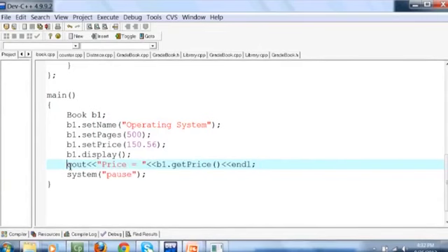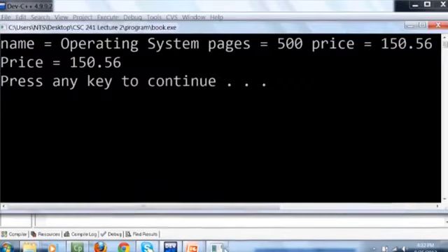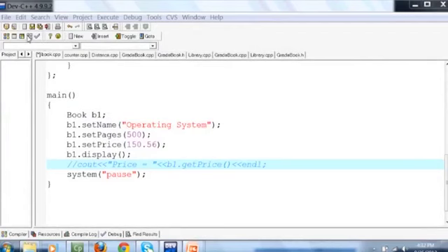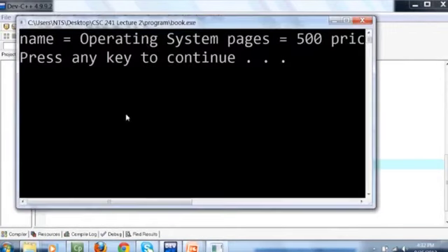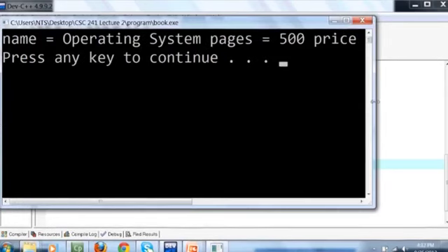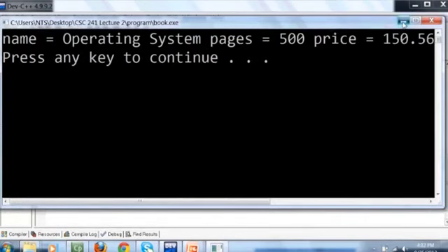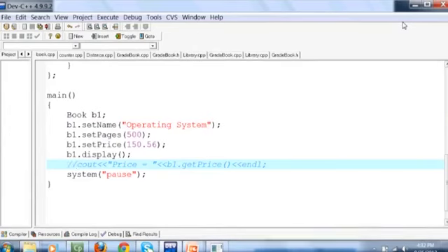So if we just comment out this thing, compile and execute it again, it just shows what is inside the display function. That's it, right? So the getter and the setter functions are basically those functions that are used to set and get the private data member value of a particular object respectively. So setter functions are used to set the value of the private data member of that object,